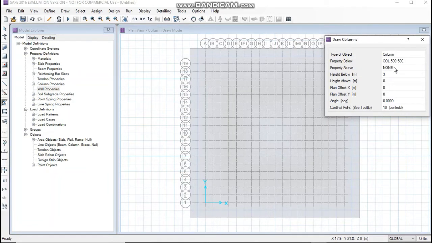So the property below would be none and the property above would be 500 into 500, and the height below would be 0 and the height above would be 2 meters. So now let's place the columns very carefully